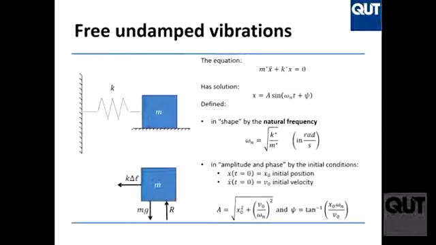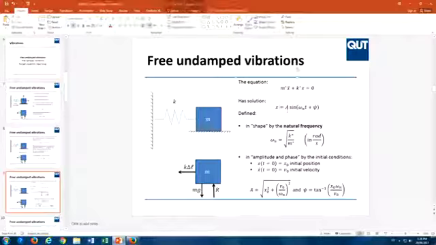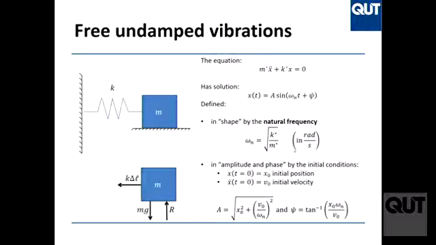So you will know that x of t, I'm going to write of t just to remind you that it's a function of time. It's the motion of the system, how x moves in time. It moves this way. So it's a sine of time with a certain amplitude, a certain frequency, and a certain phase. These are the three characteristics of vibration. Once you know these three numbers, you know how your system is going to move.